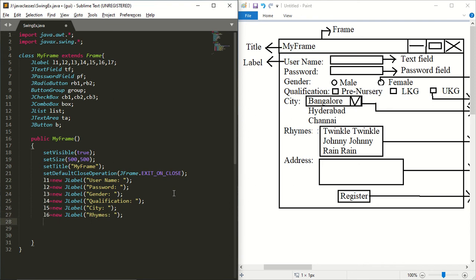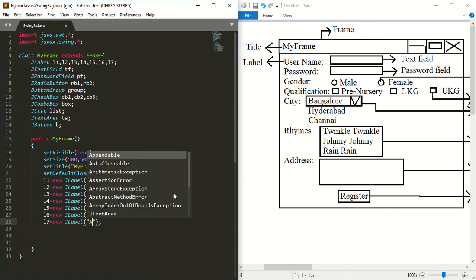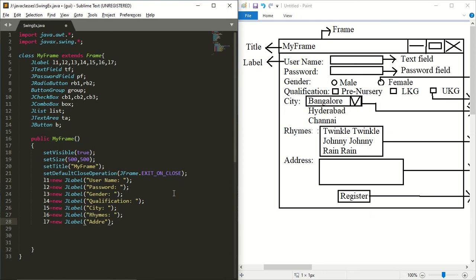The seventh label is address. So we have created the labels.